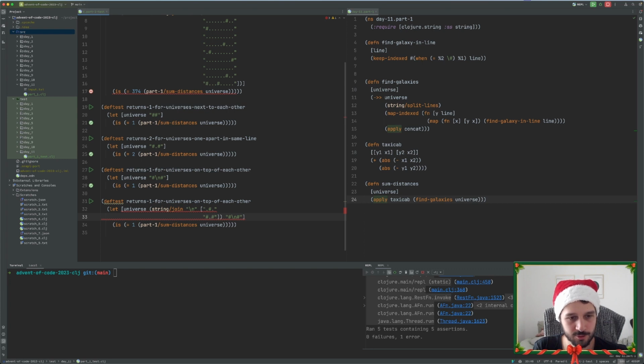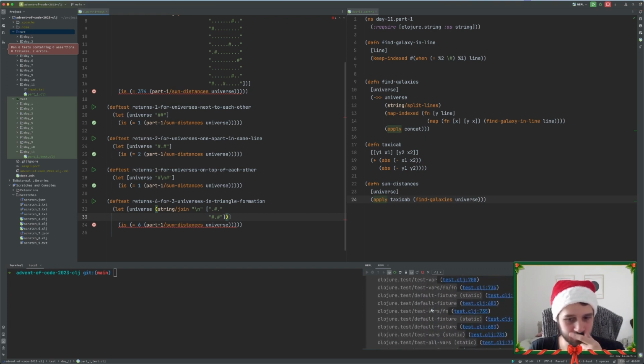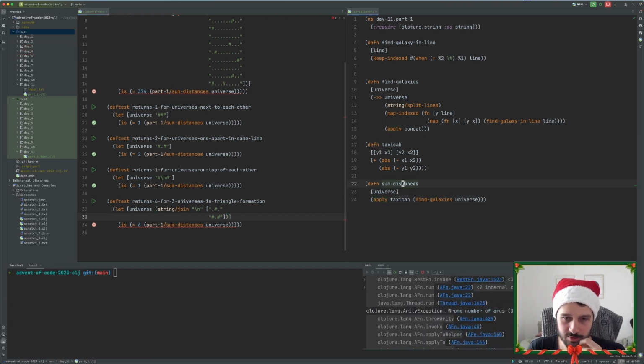This one is 2 steps from this one, and this one is 2 steps from this one. So I think this has to be 6, if I understood the problem correctly. Returns 6 for 3 universes in triangle formation. And of course this is not gonna work. This is gonna blow up because it's trying to apply 3 here. So what we need to figure out is how we can make this into